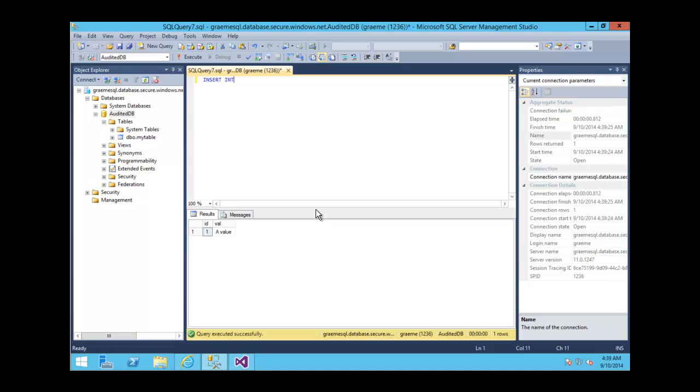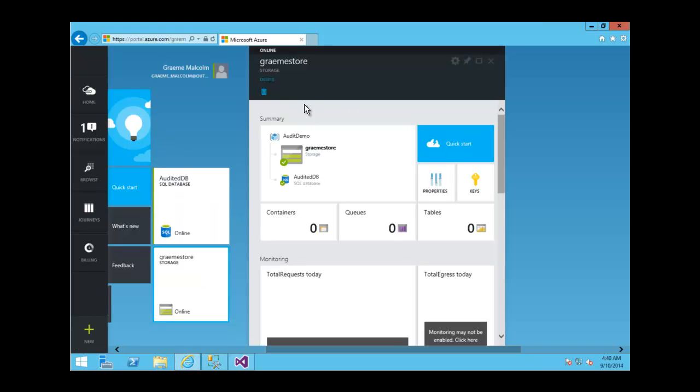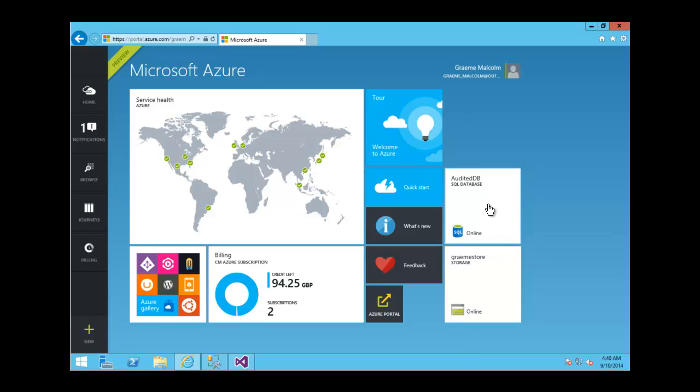So insert into my table values another value. That's added a row into that table. So we've connected using that secure connection string, and we've performed a couple of actions on the data in the database. Let's go and see what effect that's had. If we go back to our portal and have a look at the database,